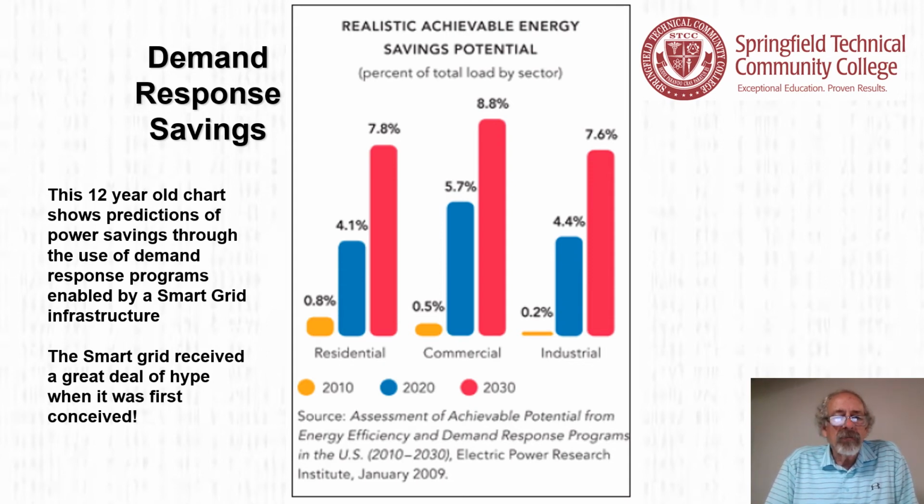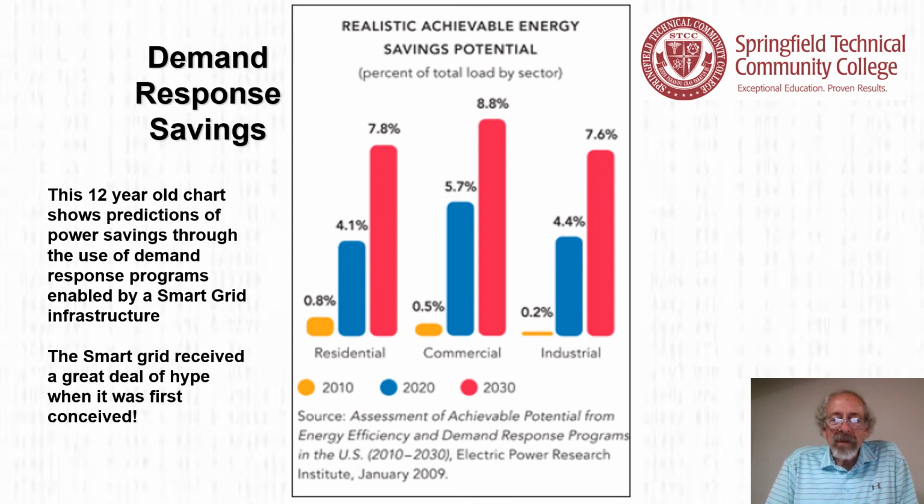Unfortunately, this is a 12-year-old chart. It shows predictions of power savings through the use of demand response programs enabled by smart grid infrastructure. And you see there the colors are 2010, 2020, and 2030. And this came from the Electric Power Research Institute in January of 2009. So if you take a look at the potential savings here,